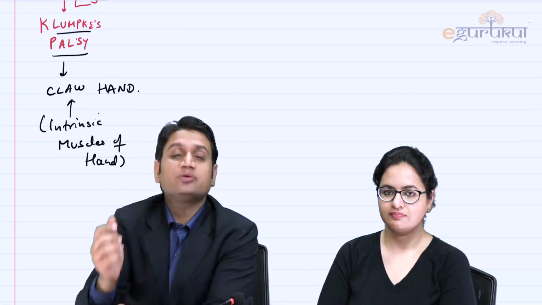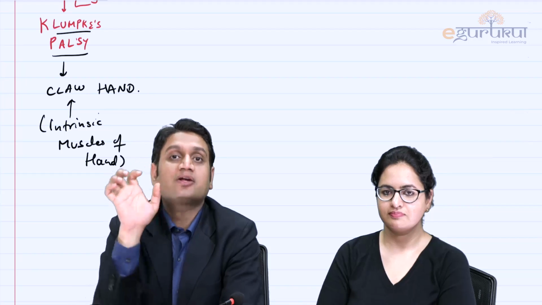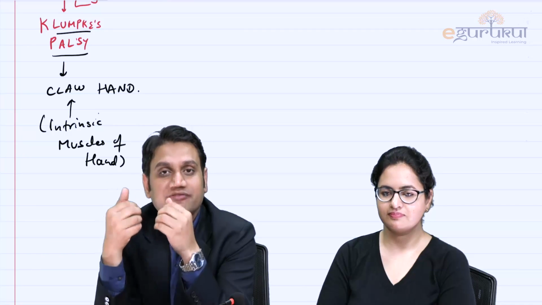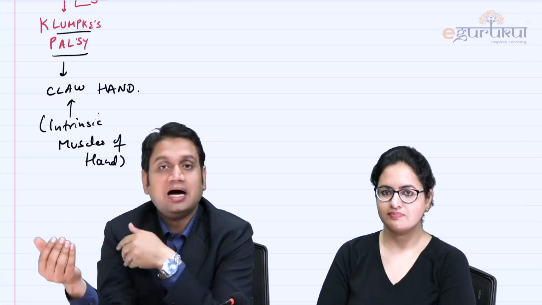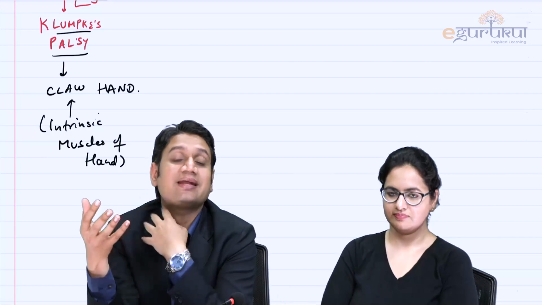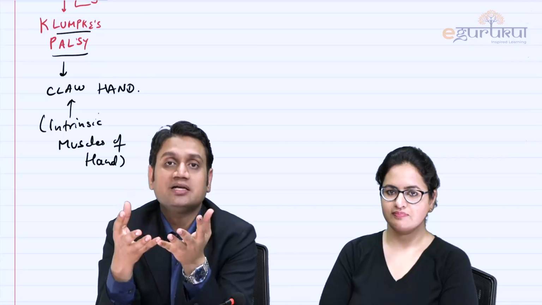That is the same root value that you go for in the ulnar nerve, isn't it? And that's what you call an ulnar claw hand also, right? But obviously in the ulnar nerve injury, the site of injury will be different. It will be somewhere in the arm area, elbow area, forearm area like that. But in Klumpke's, it is somewhere in the neck area. That is what we just discussed, where the roots are present. Okay.